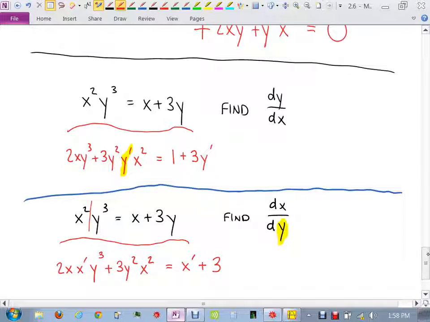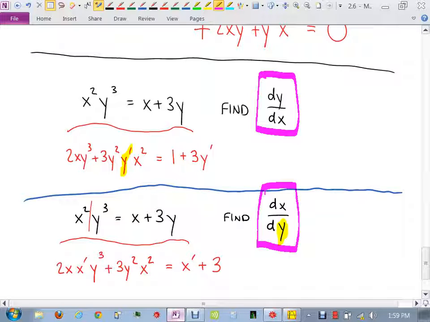Now, what is the difference between these two things? Like geometrically or physically, what's the difference? I'm asking this, but I'm going to answer the question. The first one up there is basically telling you the instantaneous